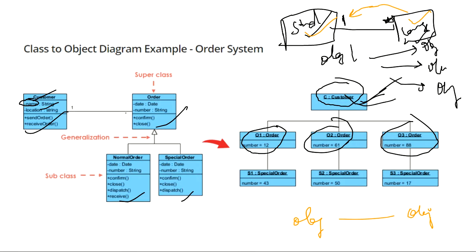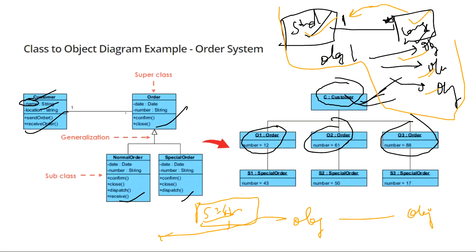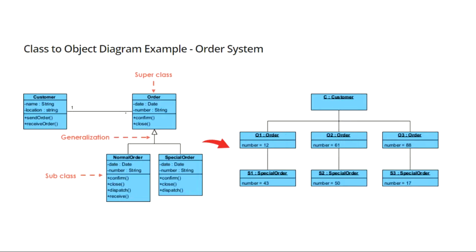So how will the diagram be made? Suppose I want to show this, so I will create one object of class student, and it can have multiple interactions with multiple objects. So I will create multiple objects for the class course. Clear? Does anyone have a doubt in this part?